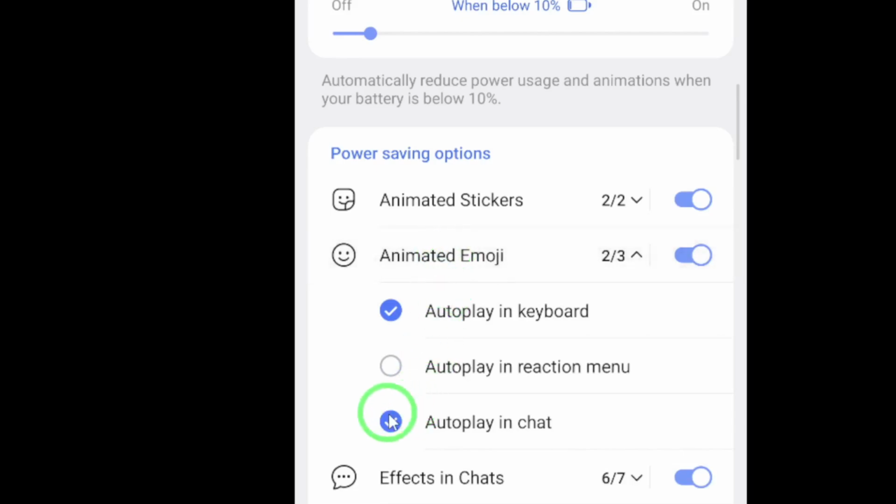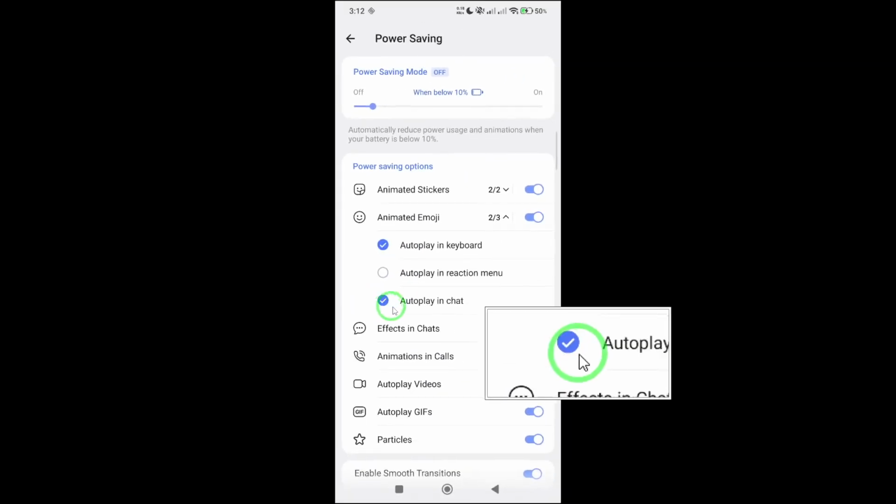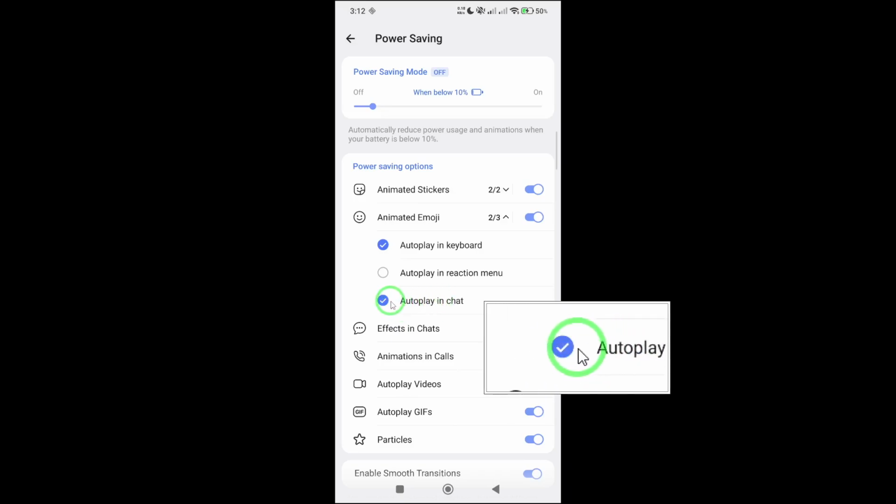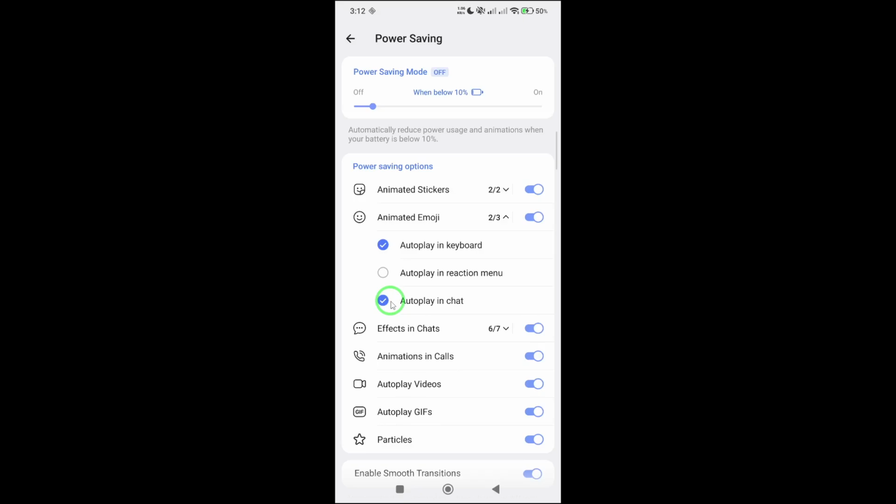Here's the important part. You'll find an option called Autoplay in Chat. By default, this is usually enabled, which is why emojis automatically animate when you receive or send them. Simply uncheck or turn off the Autoplay in Chat option. And that's it. Animated emojis will no longer play automatically in your chats, helping reduce distractions and even save a